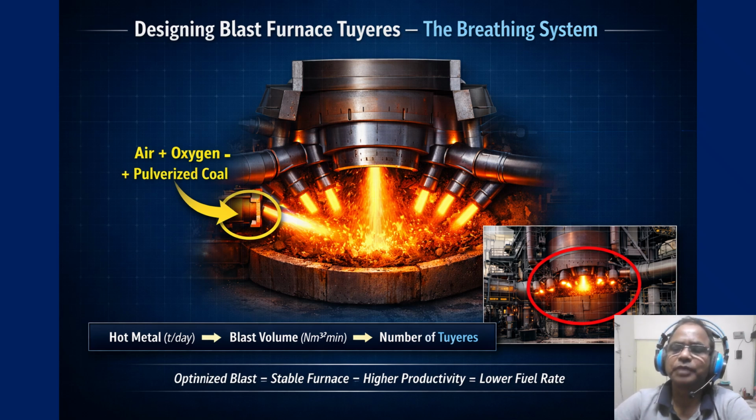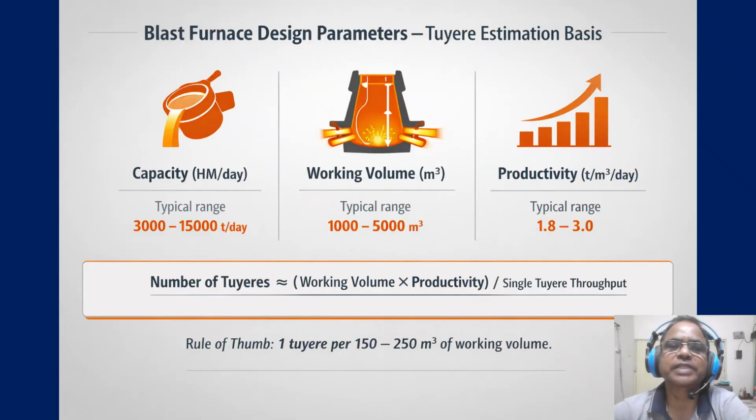So coming to our next slide, which is about a stepwise blast requirement calculation. As shown, this slide explains the engineering workflow for blast calculation. Each vertical block represents a step. Start with a hot metal production target, then determine coke rate,